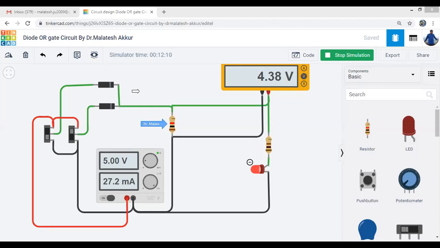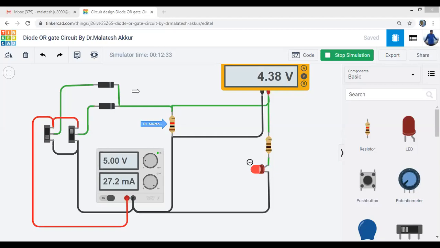In the OR gate simulation, if the switch status is on in both the switches, combination 1-1, then there will be a 0.7 volt drop across both the diodes. Will the output be 1.4 volts lesser than the actual output? No, because these diodes D1 and D2 are not in series.